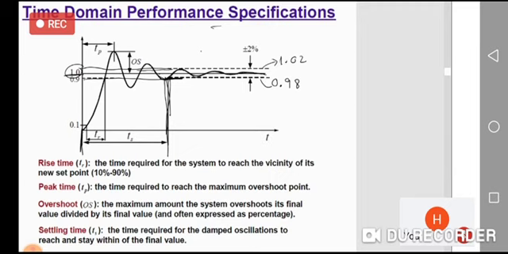So the time from t equal to 0 until the response of the system is within plus minus 2% of the final value is called सेटलिंग टाइम।